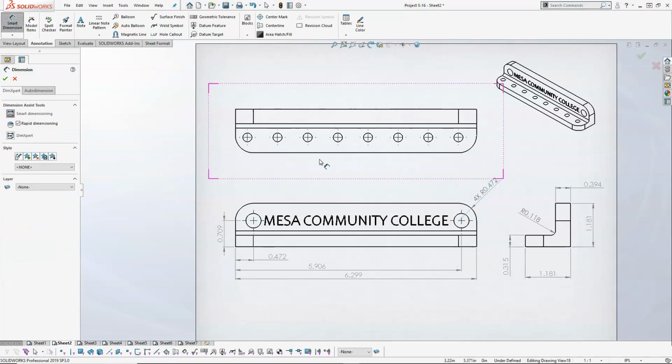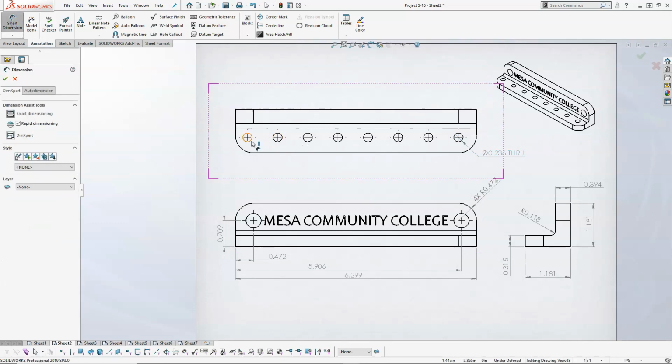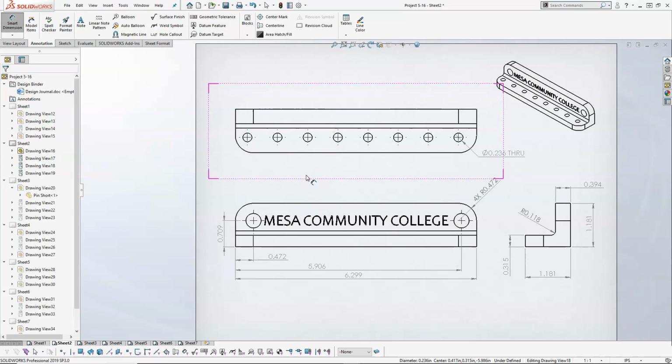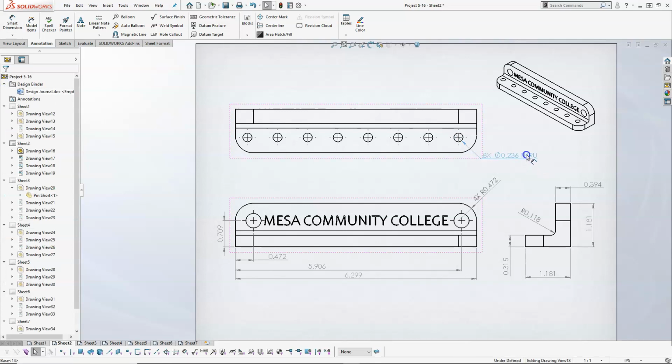Anywhere we have a hole, we're going to try the hole callout first. If I do the hole callout on the pattern, well, 236 through, but because this was not a hole wizard, it didn't come up with my instance count. So 236 through, that's okay. Watch what happens if I just put the dimension on it. Smart dimension looks pretty standard. There's no through callout. I'd have to write that in as well. So we'll come over, 8 times, 236 through,